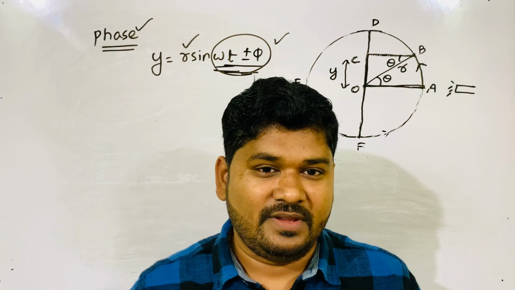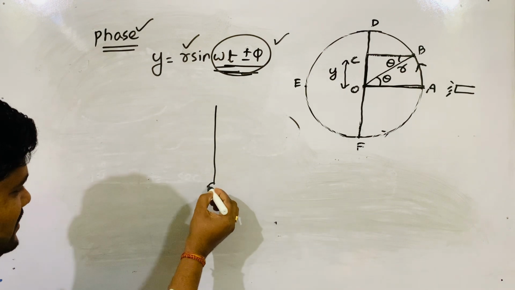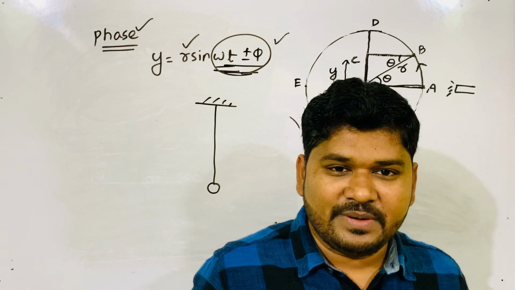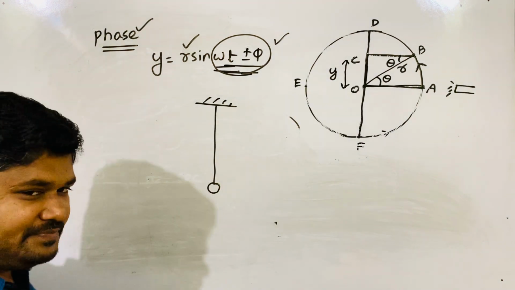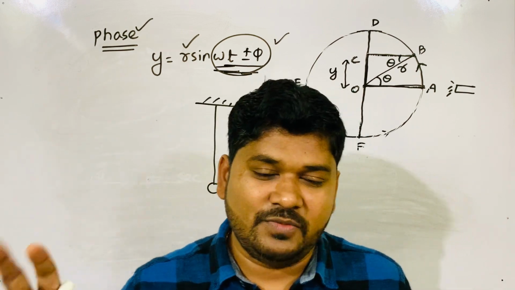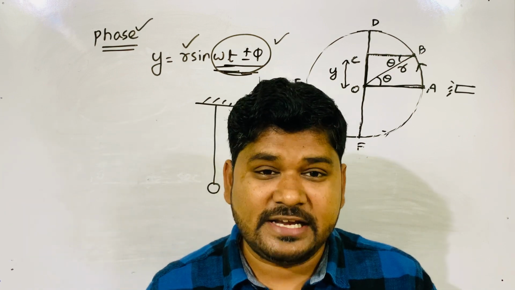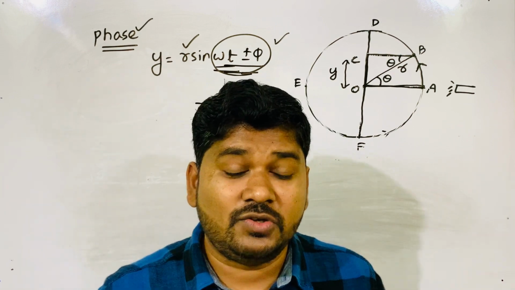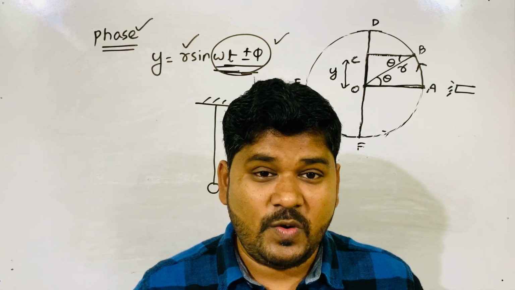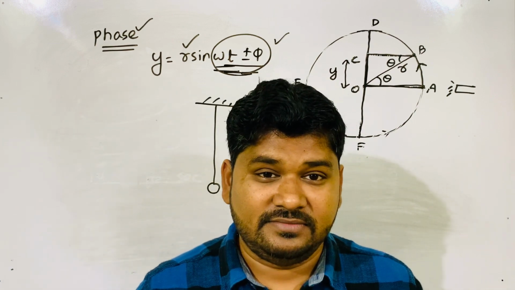Understand properly. Suppose a body starts oscillation. One person starts the oscillation of a body from this position and moves away. After some time, after a few seconds or a few minutes, the person wants to know the state of the motion, where the body is, what is going on. The person asks, what is the situation?